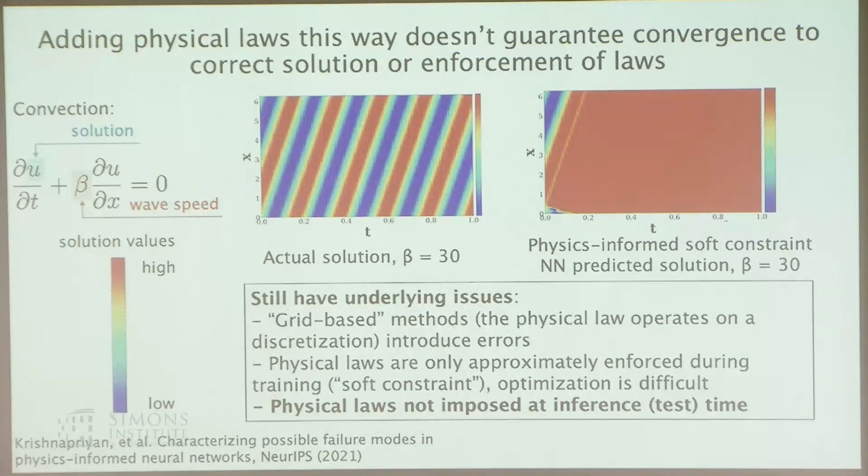So it sounds a bit too good to be true sometimes, and in this case, it can be that way, in that there are a lot of failure modes that can potentially come with this type of optimization. This is a very simple transport phenomena problem, and when we actually increase the wave speeds to be really large, this type of approach just does not capture later dynamics for a lot of different reasons. I think why these failure modes occur is now something that's been well studied for a number of years. I think it's a mix of difficulties with optimization, difficulties with how you do the discretization, or maybe the inherent error that's coming from the discretization.